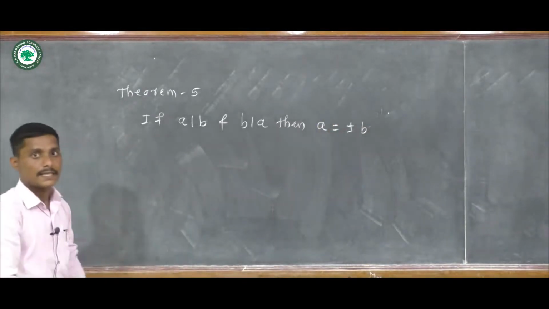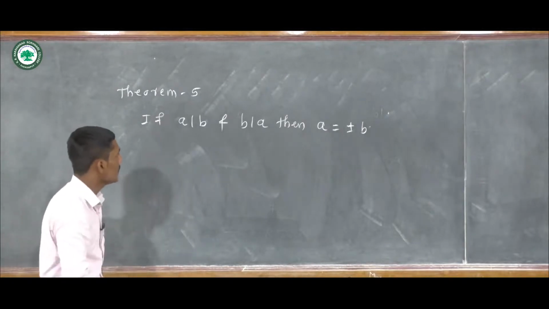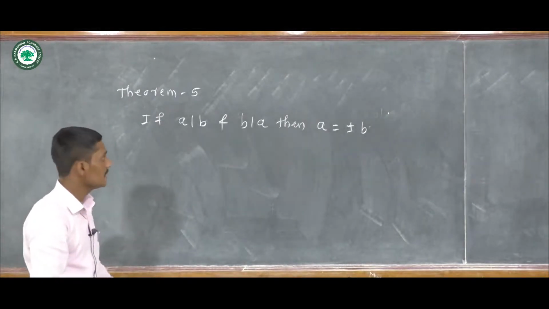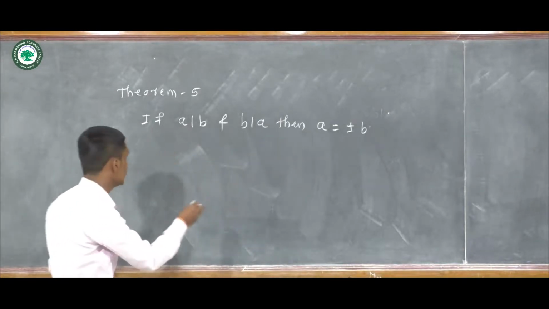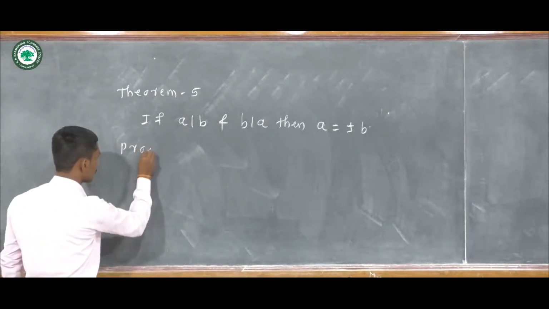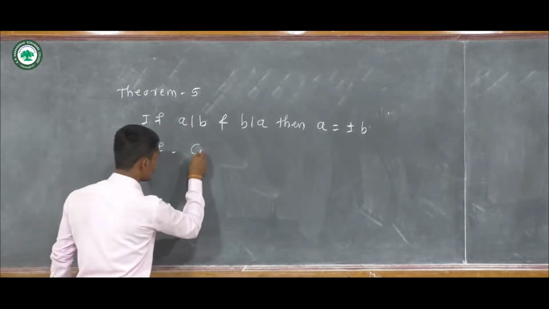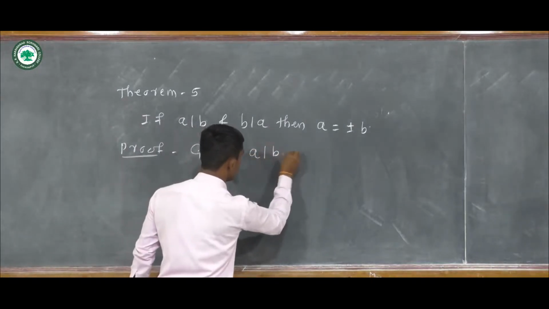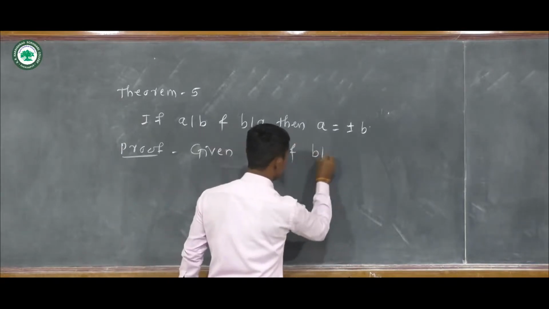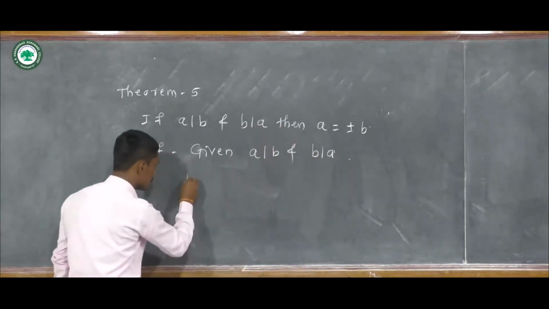Now here we see the next theorem, theorem 5. If a divides b and b divides a, then a is equal to plus or minus b. Now proof. Given a divides b and b divides a, but we know that